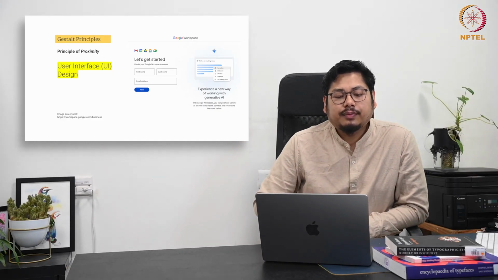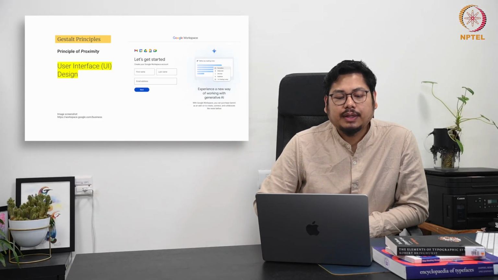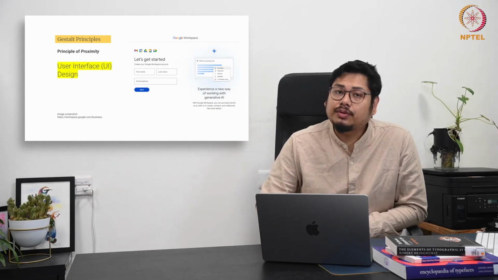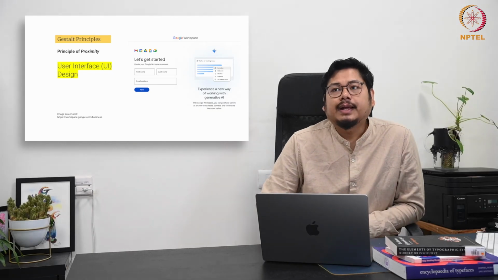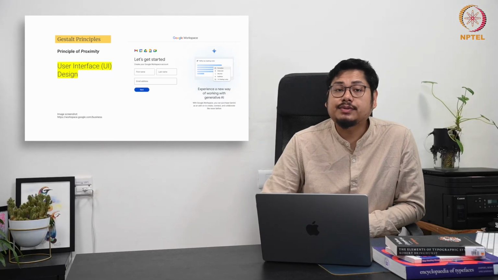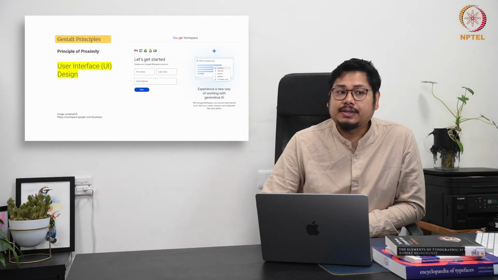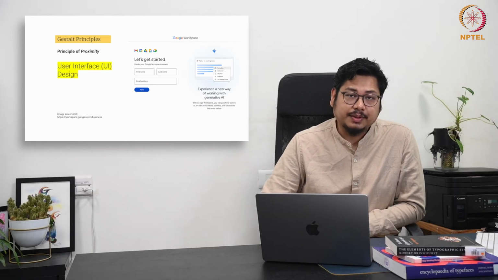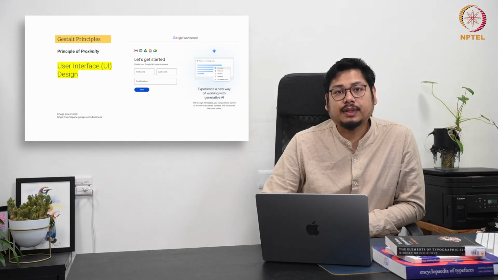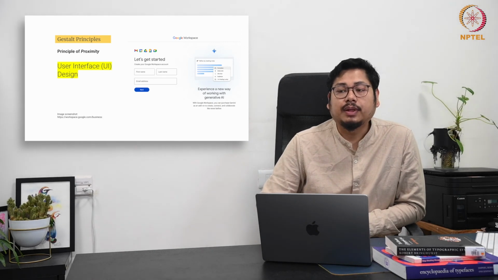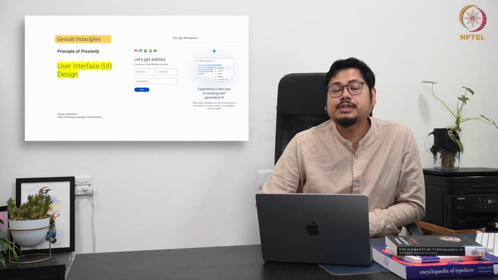So now we will focus on proximity, where the idea of user interface plays in, right? I'm pretty sure most of you have filled out forms online, and during that process you will see many fields associated or grouped together, and that's purely based on the idea of proximity, because you associate that information in that way, and it enables you to provide the correct information if things are arranged in a group.